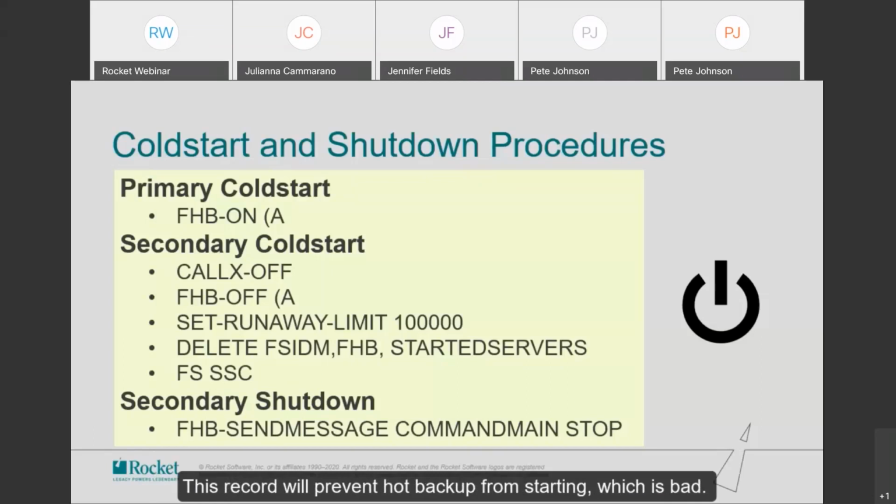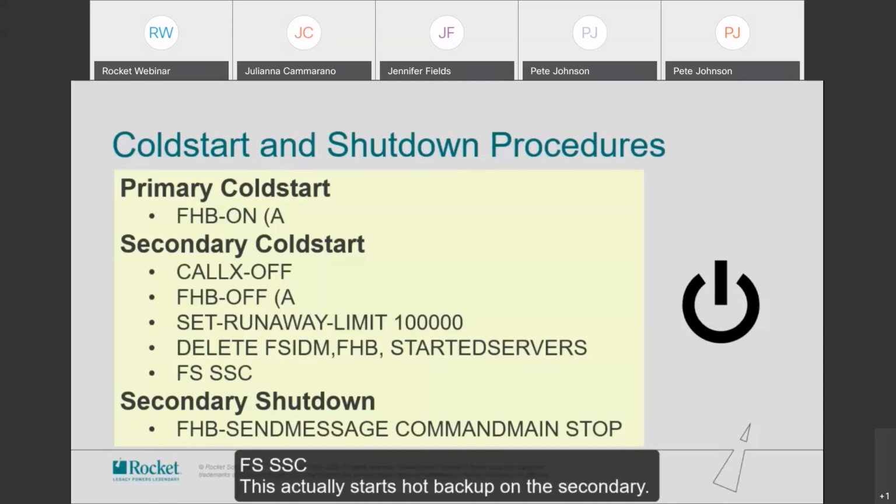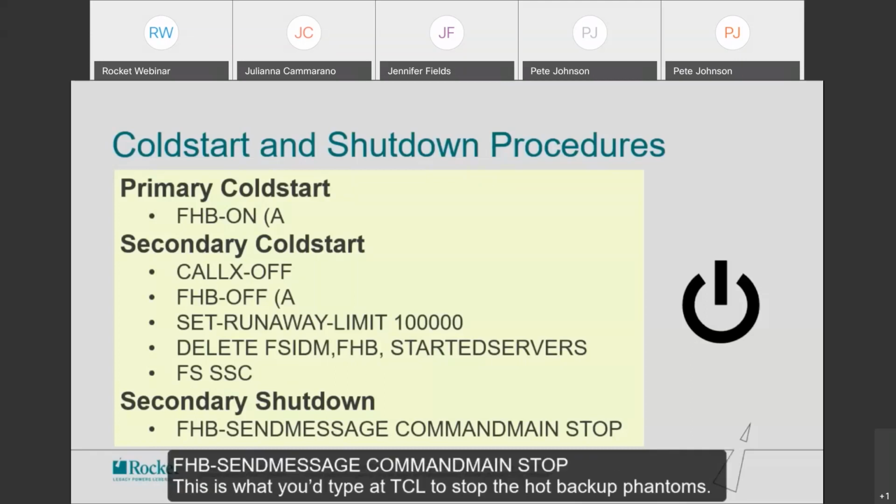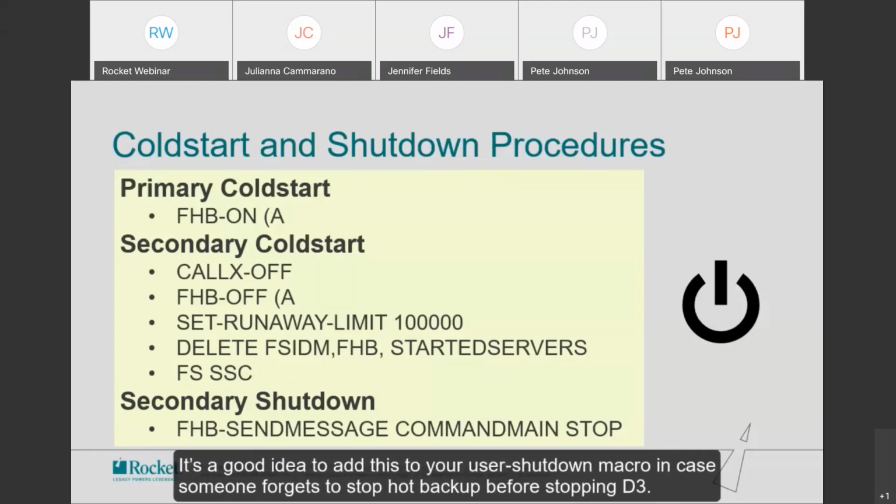FSSC. This actually starts Hot Backup on the secondary. There's a command you can add to the user shutdown macro on the secondary. FHB send message command main stop. This is what you'd type at TCL to stop the hot backup phantoms. It's a good idea to add this to your user shutdown macro in case someone forgets to stop hot backup